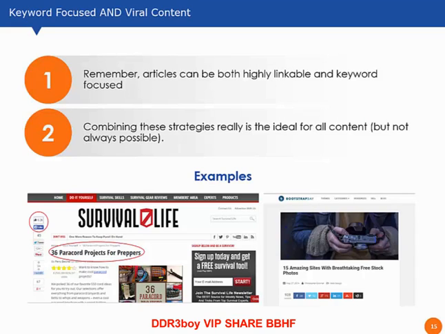And I wanted to show you some examples of articles that combine all of these, because you really can. It's difficult. You probably don't want to do this for every single article you publish, just because it will eat up so many resources. But there are some really good articles that can target a primary keyword, target a host of other secondary keywords, and also serve as a linkable asset and a shareable asset that has viral potential. So you can see a couple examples here.